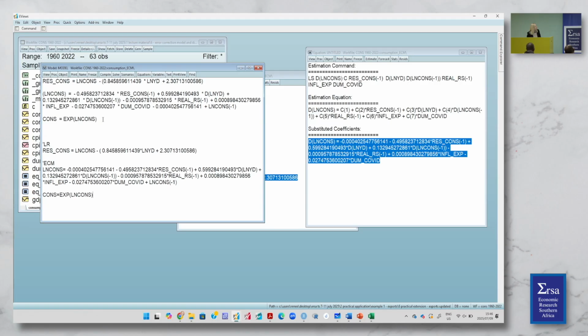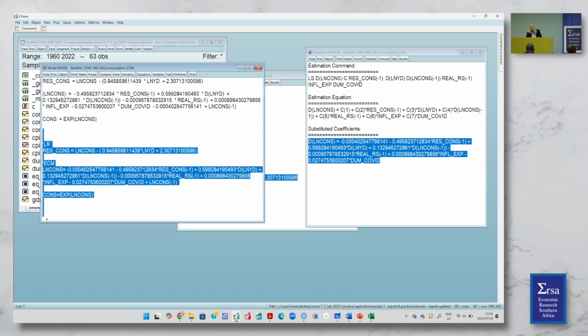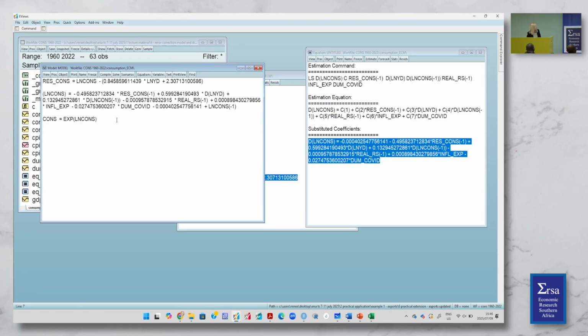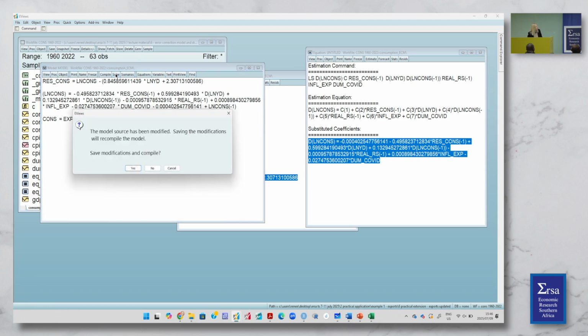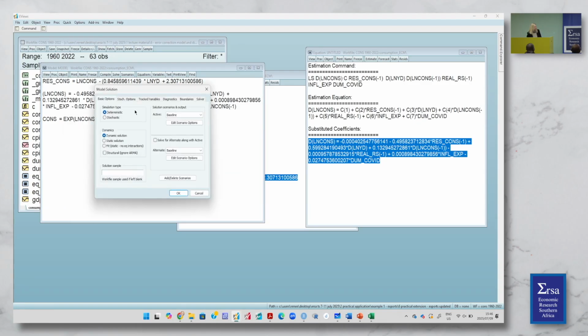So shall we try that? So this is what we have up here. So what happens if we solve? I've made changes now, so it will compile again. And just a few things. What we want to do is to solve